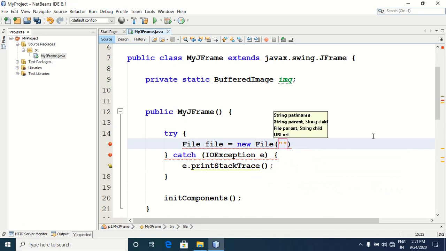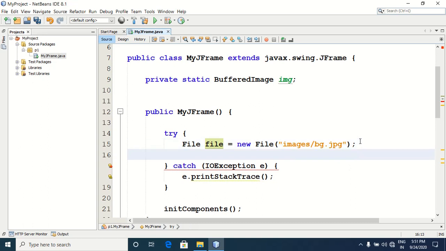Now give the path on which your image is saved. Okay, so we saved it in the images folder, so images is written here, then slash image name, that is bg.jpg. You have to write the image name with extension. Okay, so this is the path of the image that you want to set as a background.